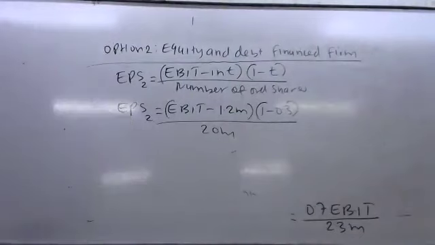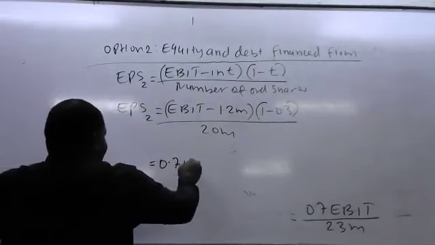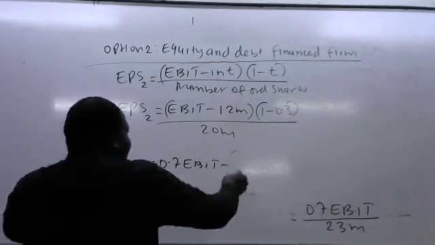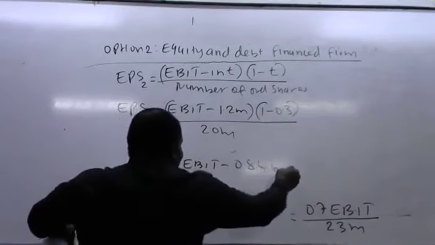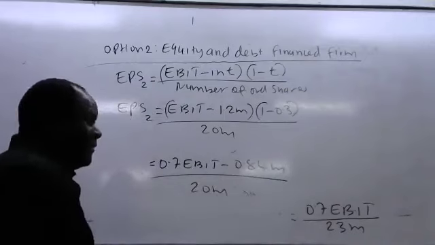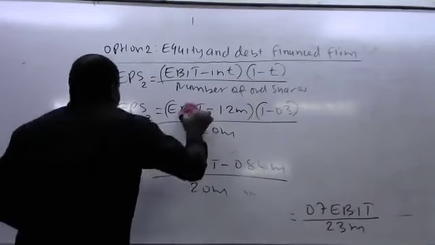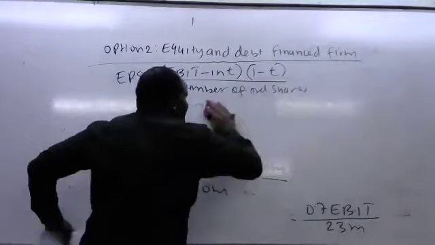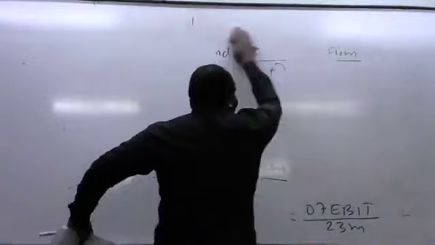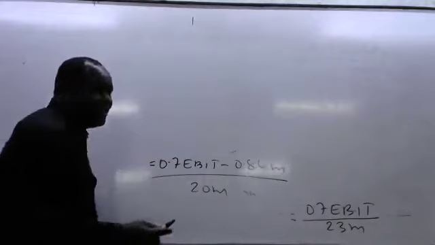So when now you open the brackets, it will be the same as what? 0.7 earnings before interest and tax minus what? 0.84 millions. Divide by what? 20 millions. So now we equate the two equations. So the two equations should be that